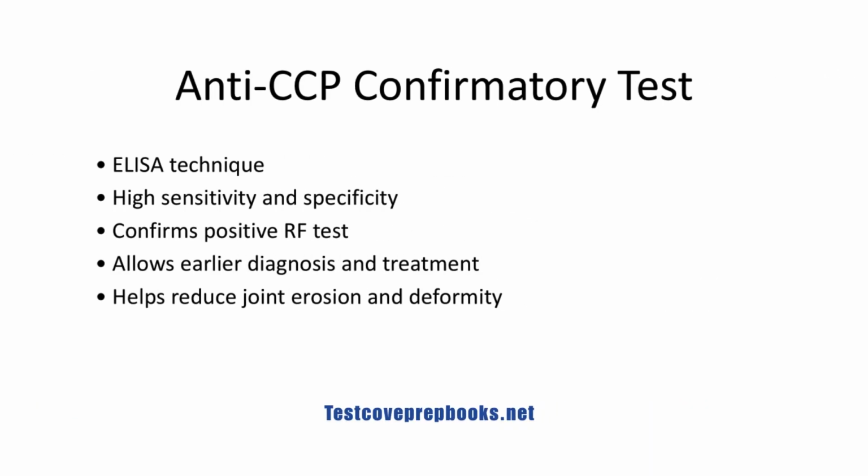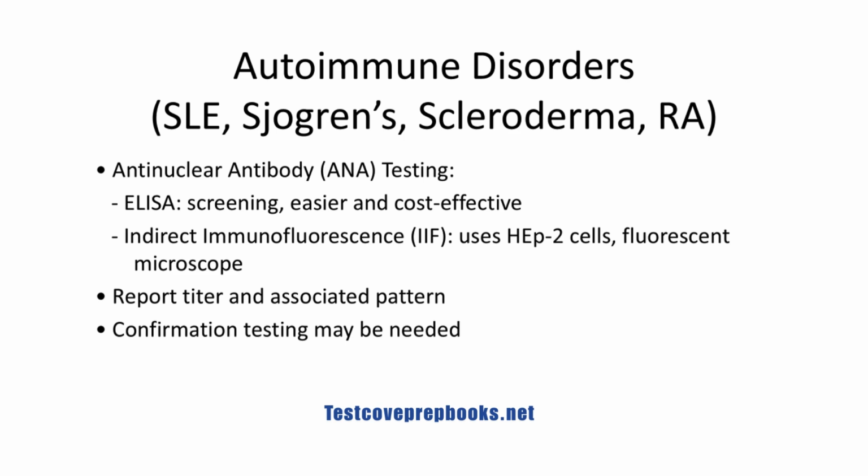For confirmation, we use the anti-CCP test, which is based on the ELISA technique. This test has high sensitivity and specificity, allows earlier diagnosis, and provides the opportunity for earlier treatment that may reduce joint erosion and deformity. Other autoimmune disorders, including systemic lupus erythematosus, Sjogren syndrome, scleroderma, and rheumatoid arthritis, are evaluated using